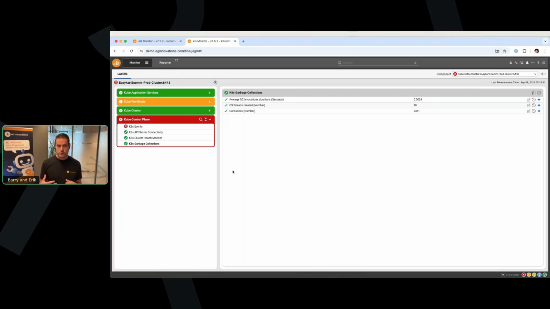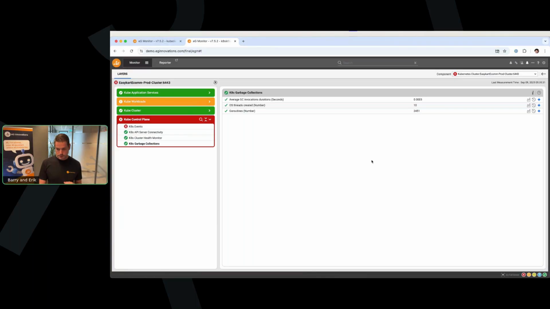Now it could, of course, also be that you have certain application teams that you want to provide access and provide details about their namespace. That's also possible. So then we have a specialized view that will only provide the cluster details, but then specifically to the Kubernetes namespaces that you can then set and apply to users.